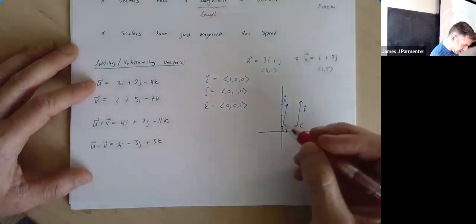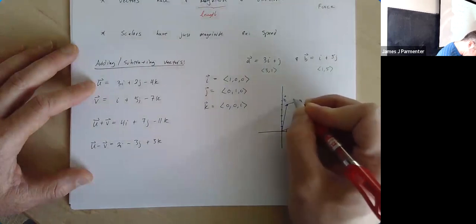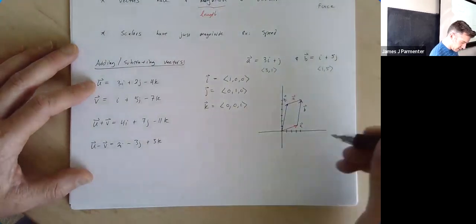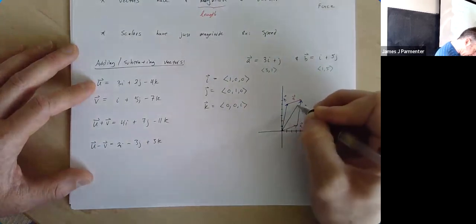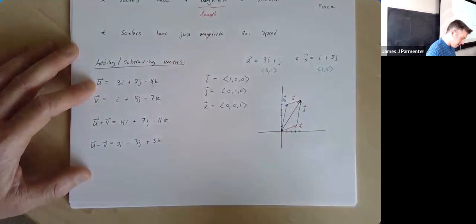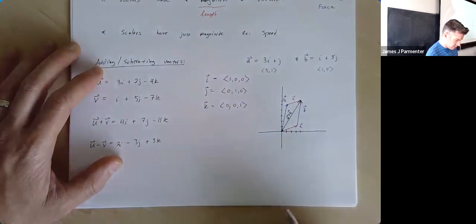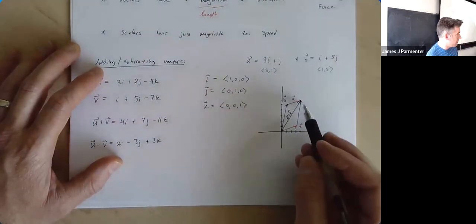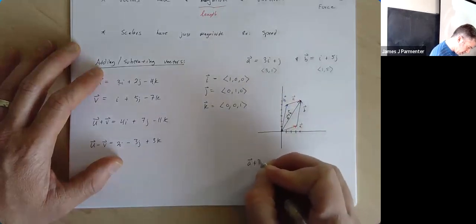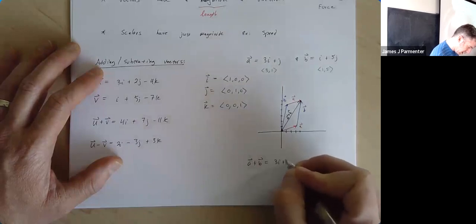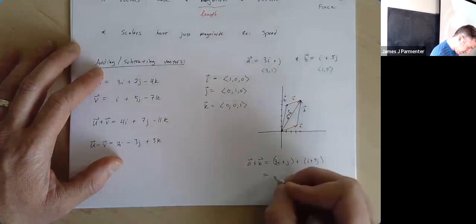But I can also do the same thing from the end of B. I can add on A and go over 3 and up 1. And so this resulting vector starts at the origin and ends where A and B added together end. That vector right there is A plus B. And notably, it's exactly over 4 and up 6. So A plus B is really just doing 3i plus j plus i plus 5j,